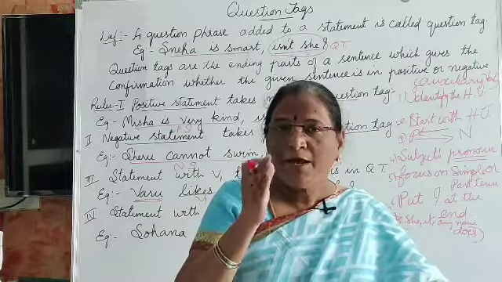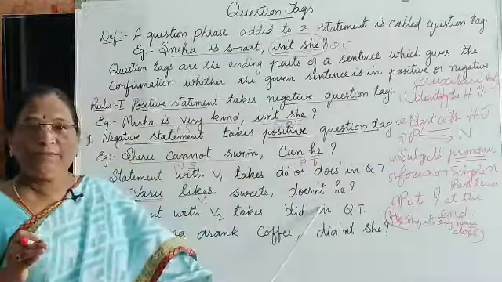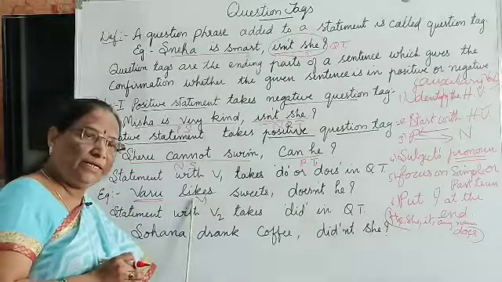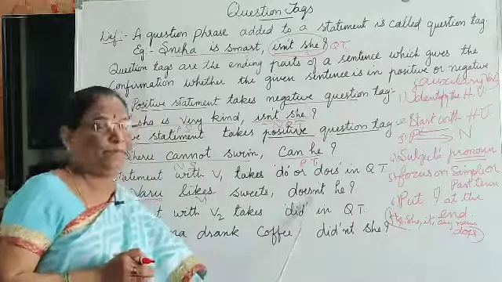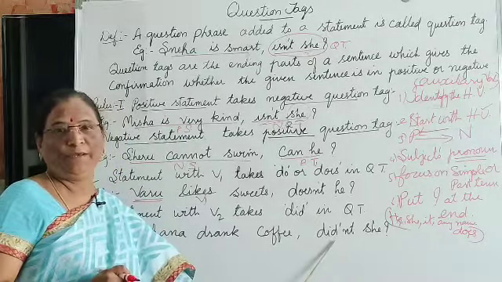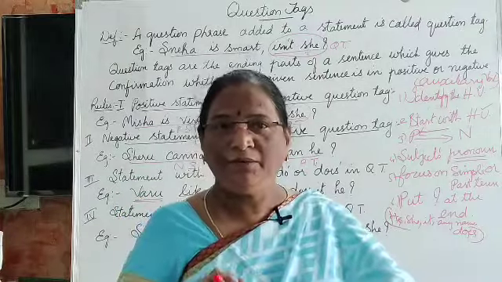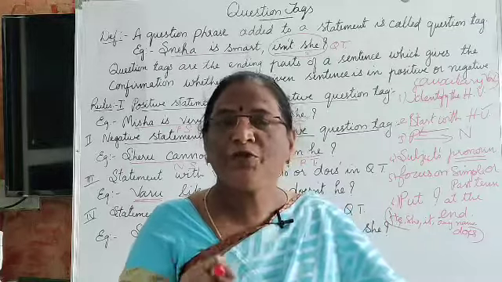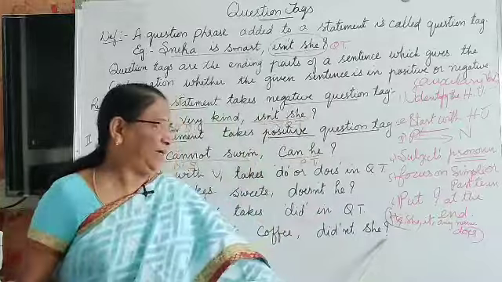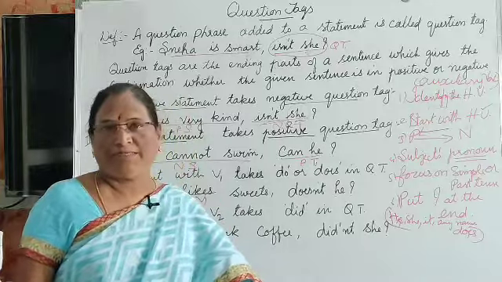Next, the question tag must belong to the same tense. If the statement is in present tense, we have to use a present tag. If the statement is in past tense, we have to use a past tag, the past be form. And focus on present and past tense statements. One more thing, you have to write the subject's pronoun in the tag. And the last is, you must put the question mark. If you don't put the question mark, you may miss marks.